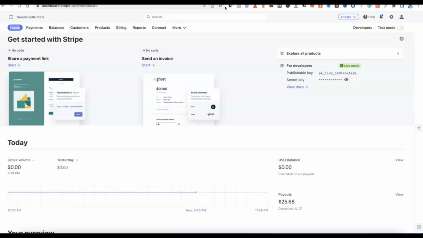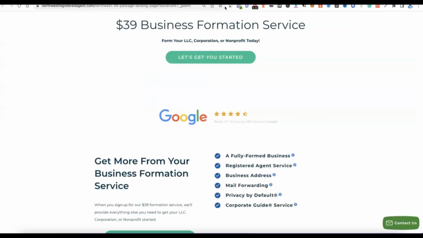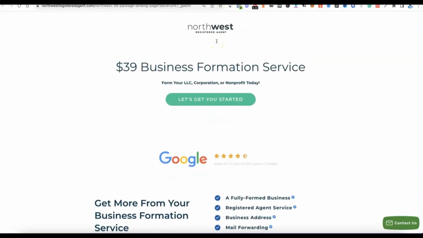All right, so for us to be able to do this easily and successfully, I'm going to recommend a registered agent to easily set it up for us. The name of this registered agent is Northwest Registered Agent. We're going to use their service to create our business in the US, and also use them for our US address. Unlike other registered agents, where you have to get or rent a US address that you're going to use for your business,